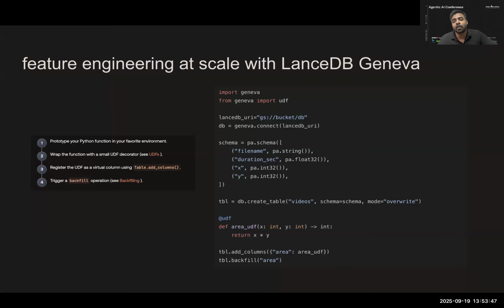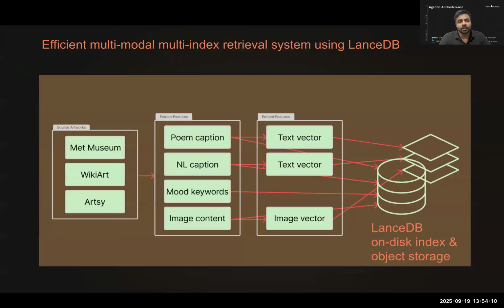So you don't have to worry about, if you have a million rows, calculating this feature for each one of them manually. You can just do that, and it automatically expands across your system. So if you have the capacity to spin up to like 100 GPUs, it will run across 100 GPUs automatically, and it will do the job for you. So this is how you build something like this. But now coming back to our artwork search example,